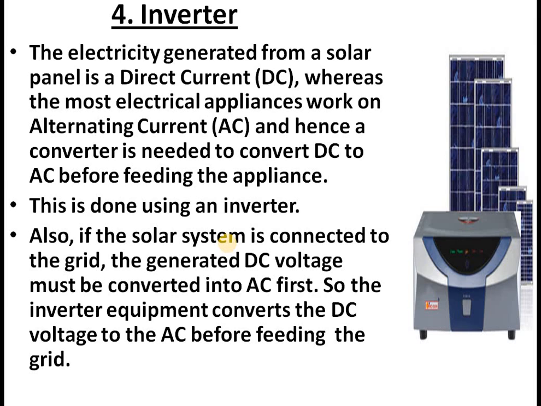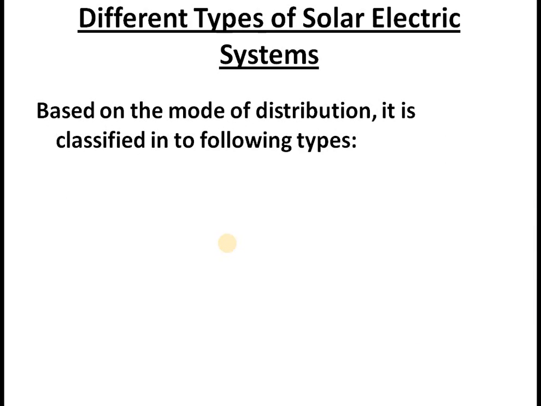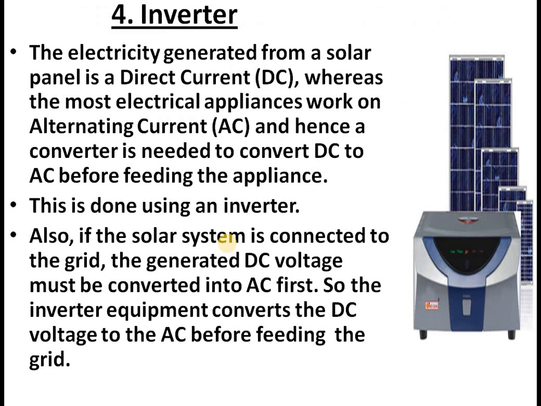Then only you can feed this into the public distribution system. So for this purpose also, inverter is very important. This way we can generate income, and you can reduce your domestic electricity bill also. Okay, so these are the different parts of a general